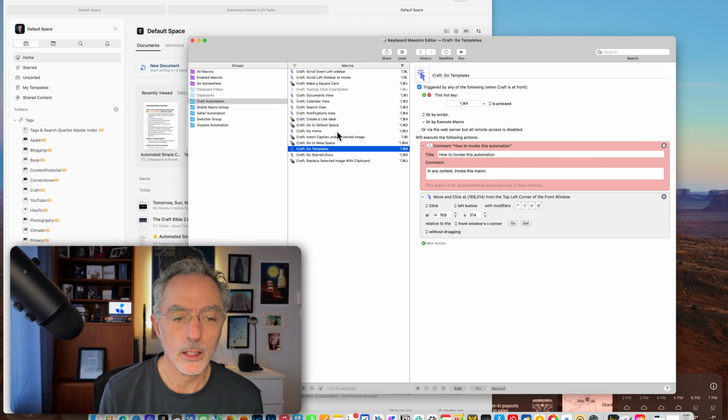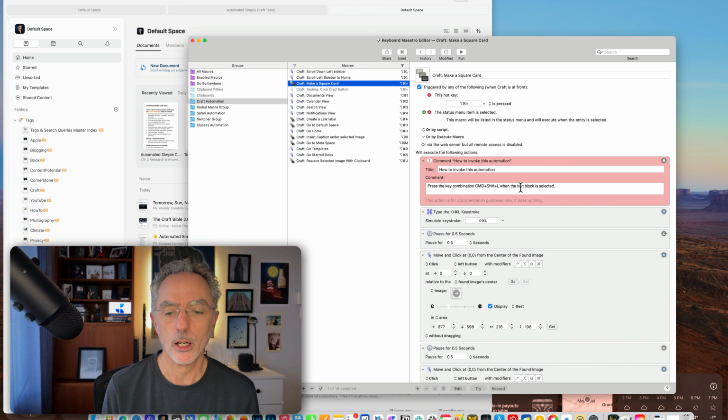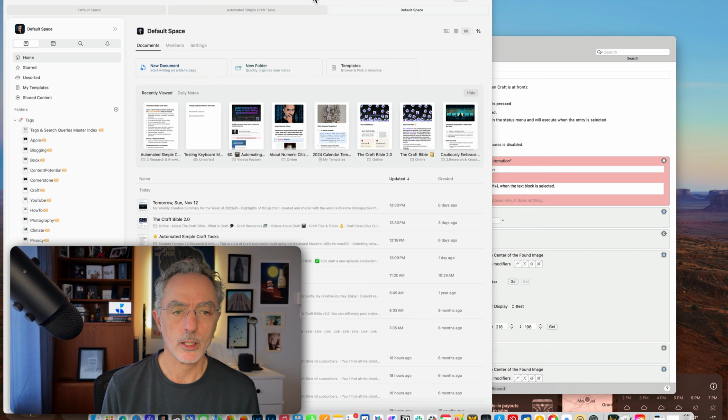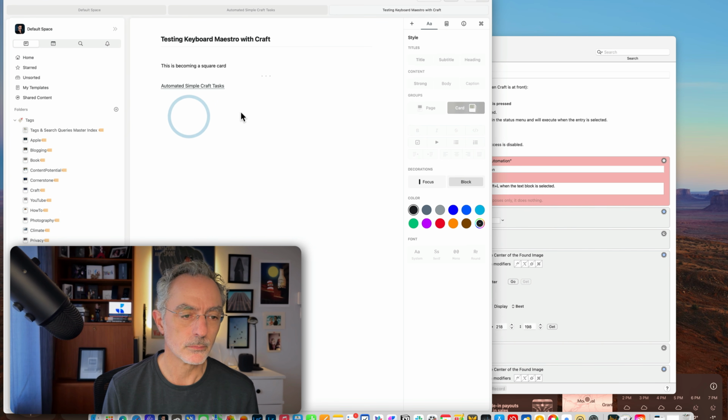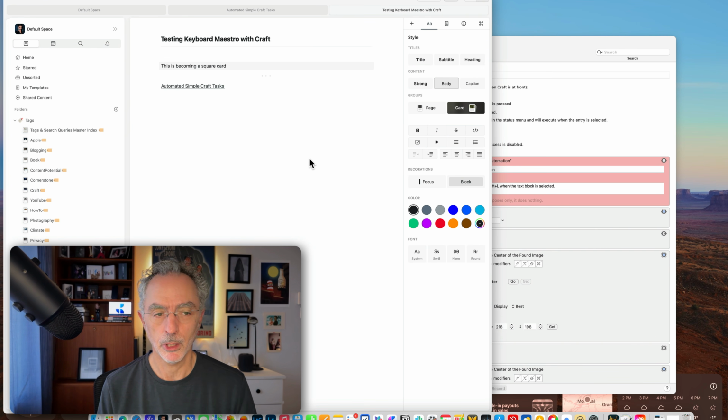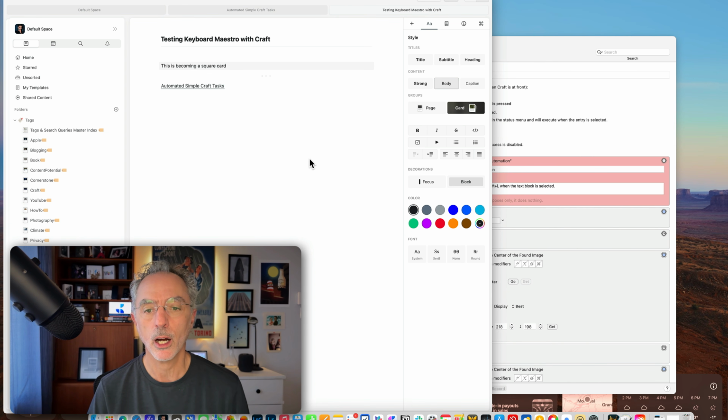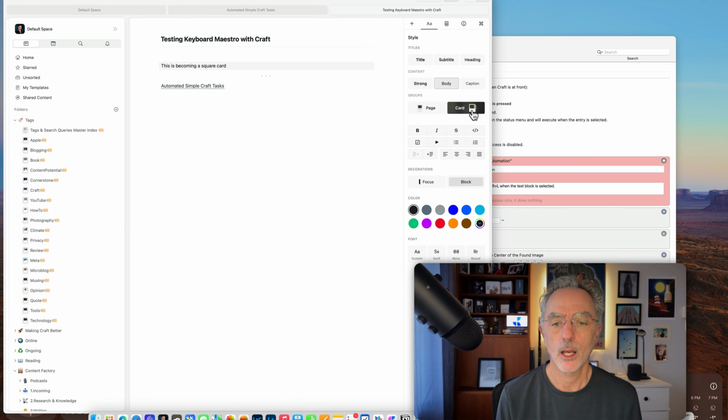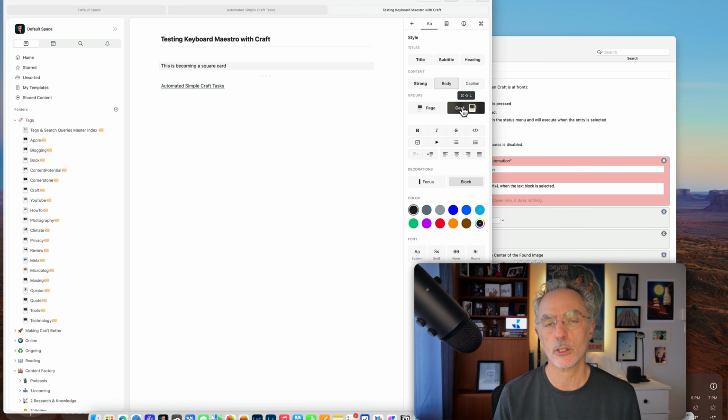And this is done, I'll try to see where it is, yeah, if I want to create a square card. Let's go in the testing document here. Let's say I want to select a text block and then I want to make it a square card using this option here. So I could do Command Shift L, it will select the default card format. But what if I want to use the square one? This is the second choice